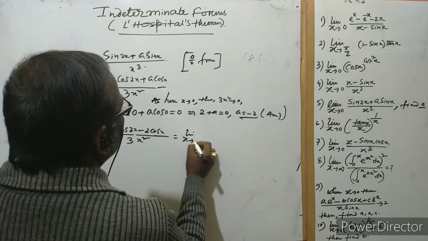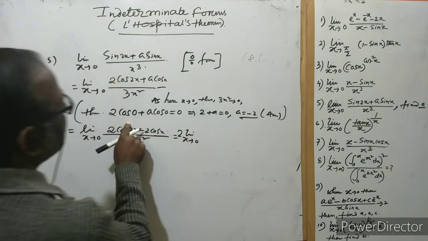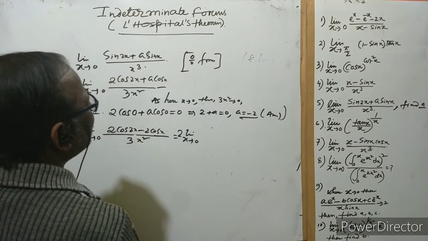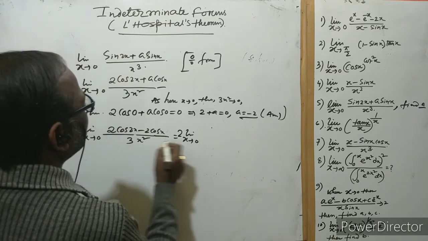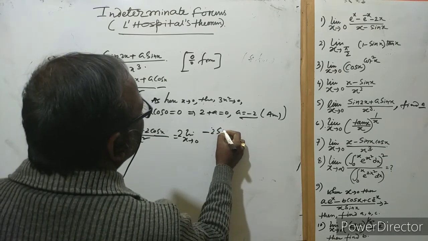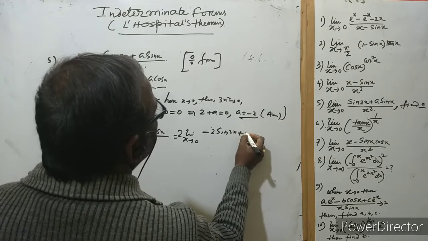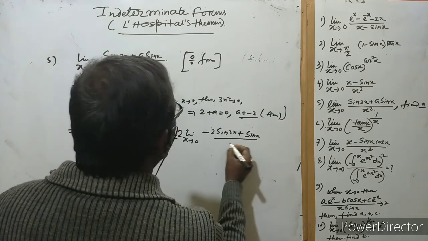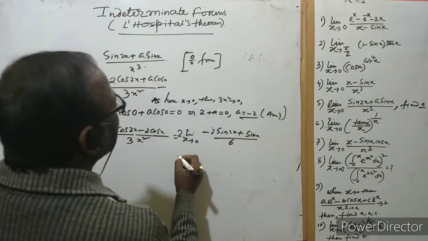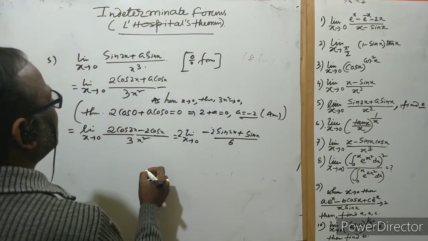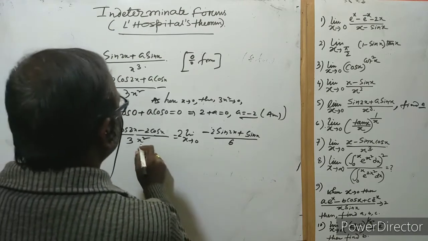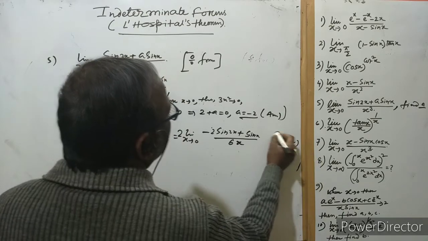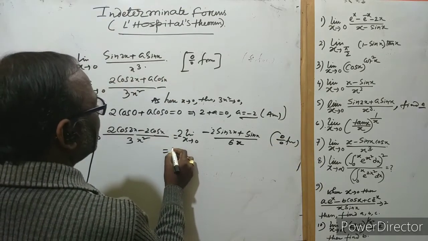Now limit x tends to 0, we can differentiate if we get 0 by 0 form. So this is 2 sin 2x plus sin x by 6x. Again this is 0 by 0 form, so apply the L'Hospital rule, and 2 by 6